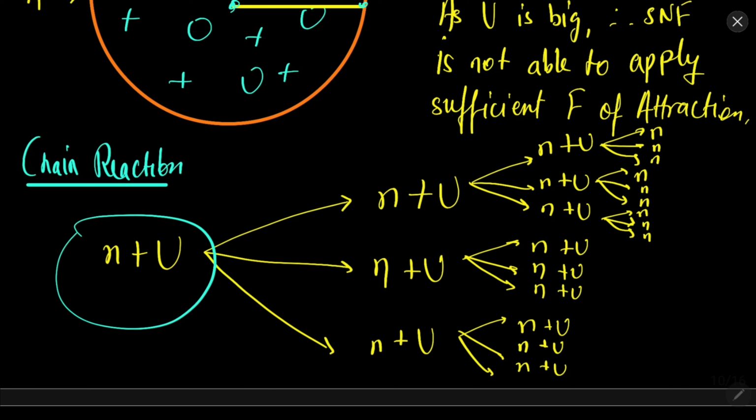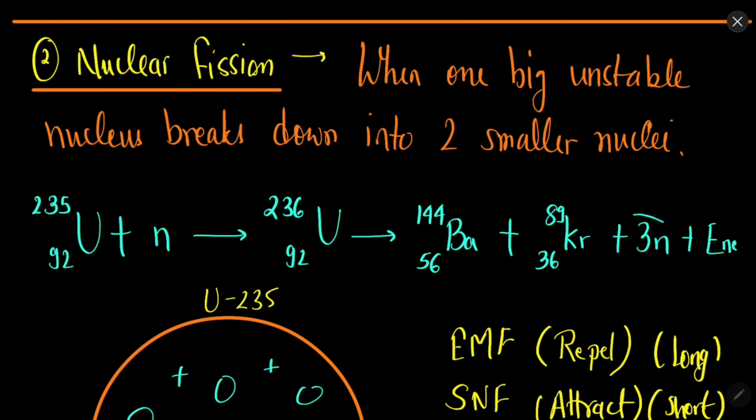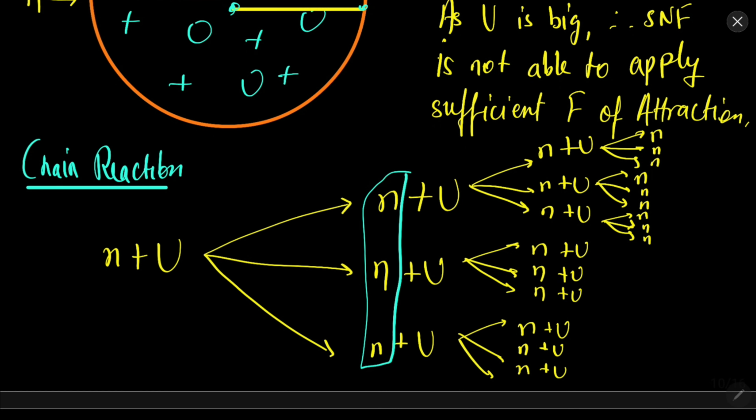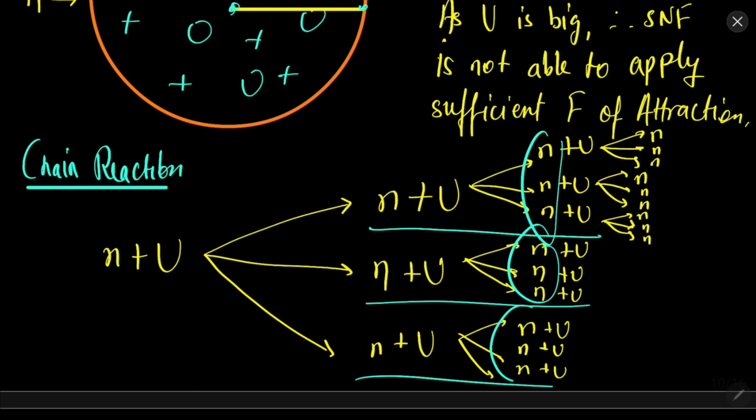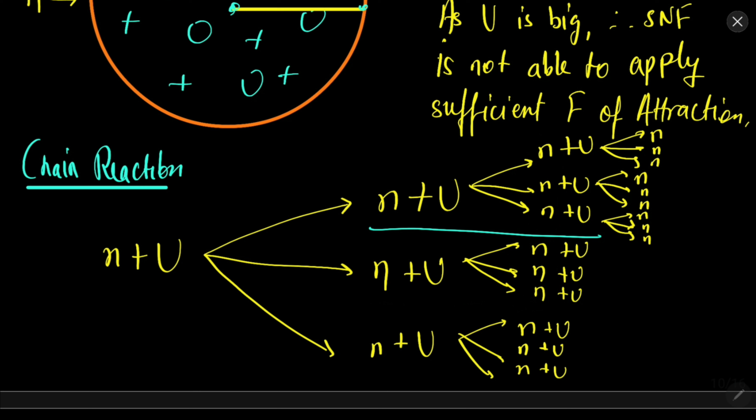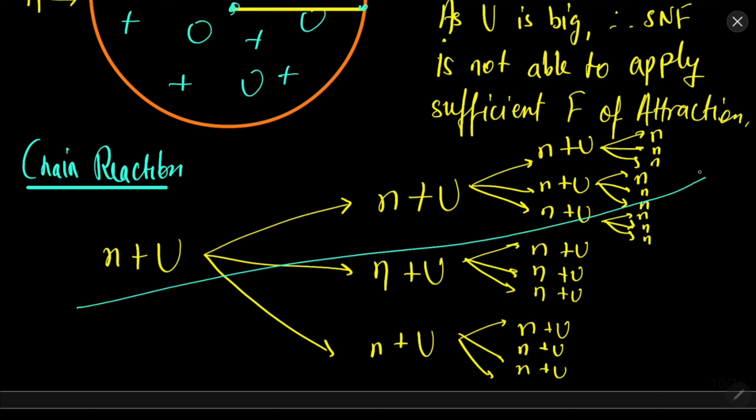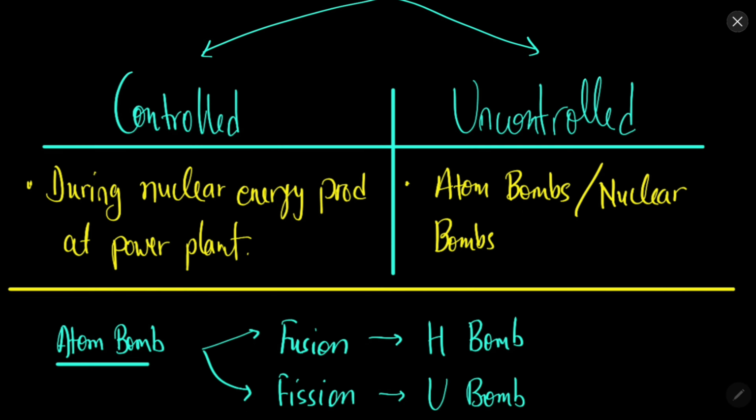So when we collide the neutron with uranium, it will break, but this process will generate 3 more neutrons, as discussed. These 3 more neutrons can collide with 3 uranium, and then again each process will generate 3 more neutrons, and then these neutrons will collide further with uranium and will generate further neutrons, and so on. So you can clearly see that a chain reaction is obtained, a reaction which is increasing exponentially. Okay, so this is the chain reaction. A chain reaction can be controlled or uncontrolled.